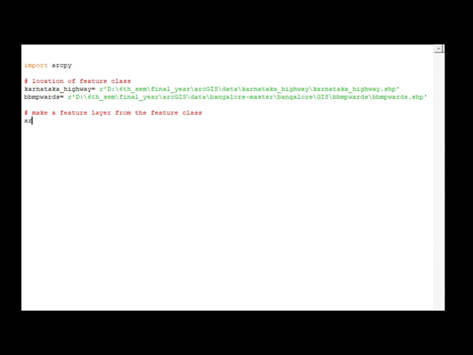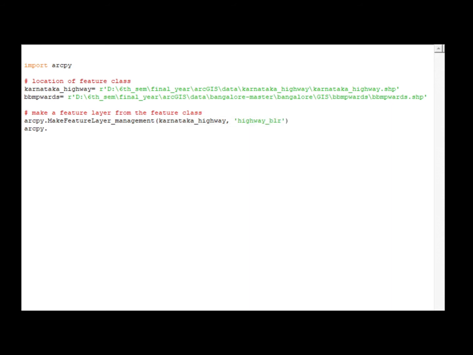What we do here is, ArcPy provides us a method called make feature layer management, and the input for this is, as you can see here, in feature, the location of your input class. So I give it the name and then you need to call out the layer name. Let me call it highway BLR.